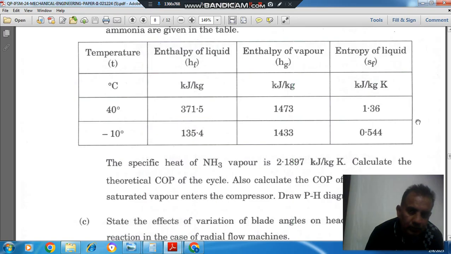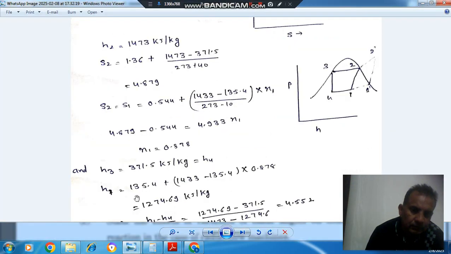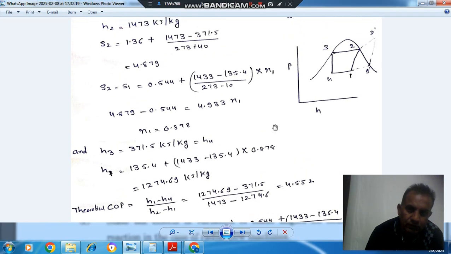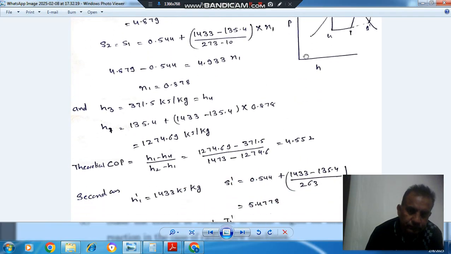If entropy of liquid is given, don't try to make it as T1 by T2 minus T1 Carnot cycle COP. Okay, so that is not theoretical COP, that is ideal COP. Theoretical COP that we are going to calculate, that is H1 minus H4 divided by H2 minus H1. So it comes out as